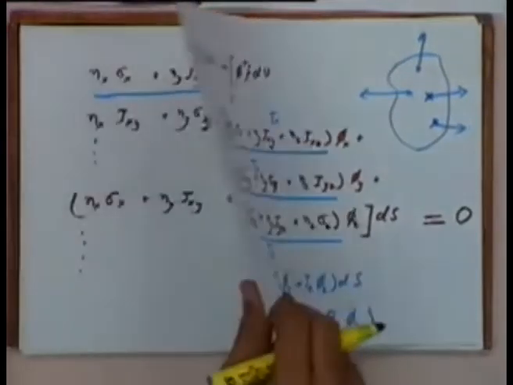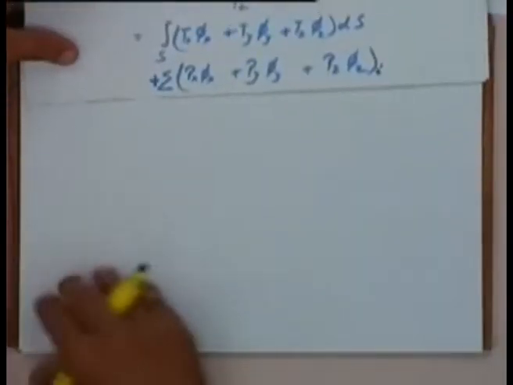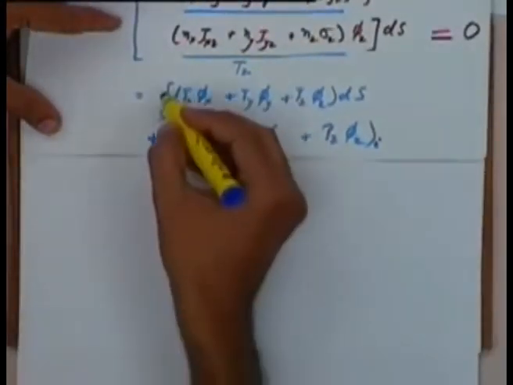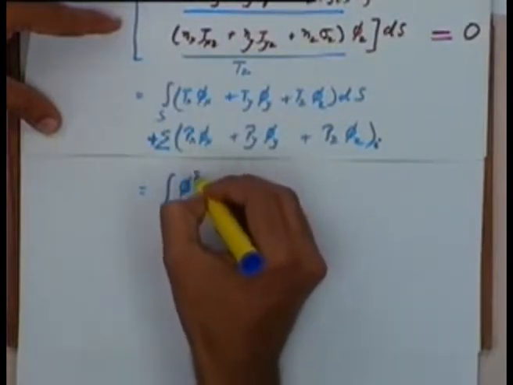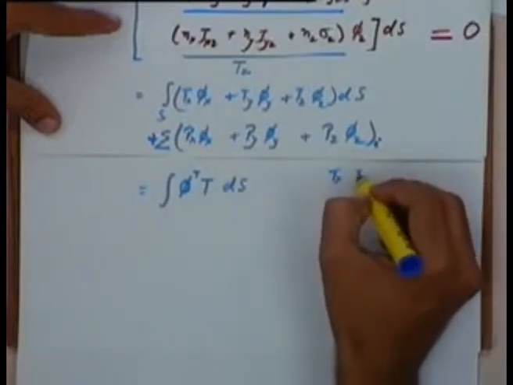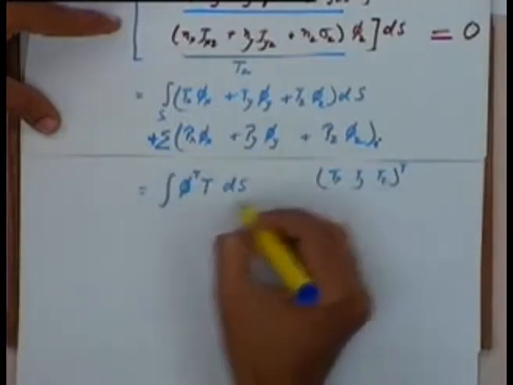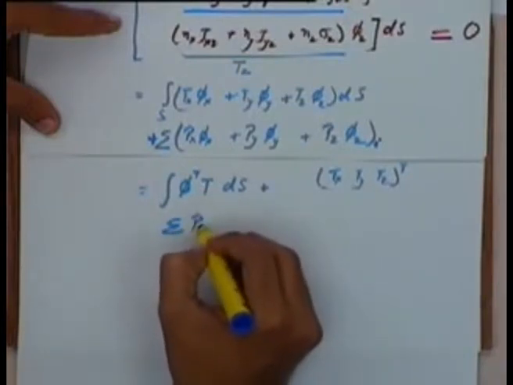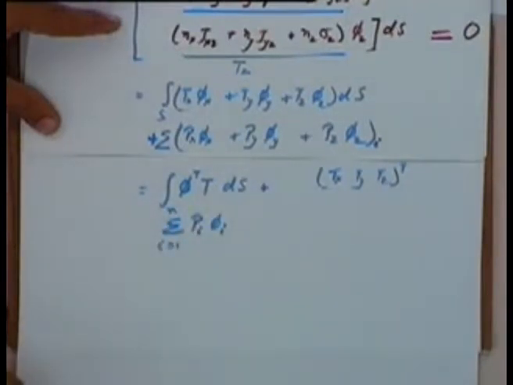Okay, so if I make these two substitutions, this integral term, these two terms will become, now this is nothing but integral of, I can write this as phi transpose T ds, because T will be nothing but Tx, Ty, Tz transpose, okay, and this would be this plus sigma Pi phi I going from 1 to n if I have n point loads. So this expression will give us these two terms, and this complete expression,